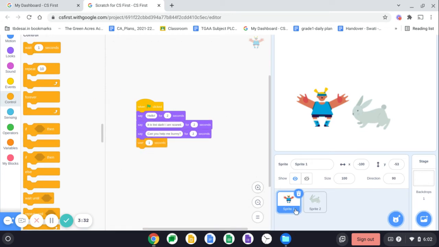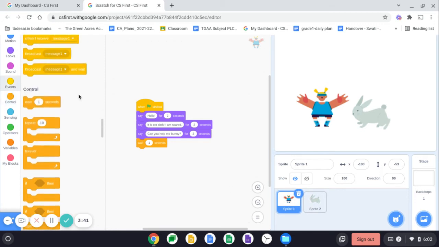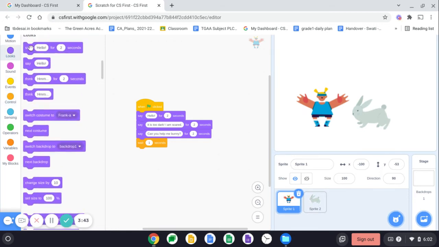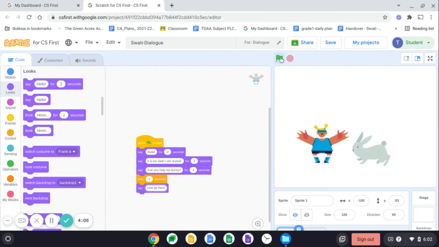So first of all, sprite 1 will talk, then the bunny will talk, which is my sprite 2, then again sprite 1 will talk. Now go to the looks menu and use the same block, or if you want to end the conversation over here, you can use this say hello and change this hello to let's go then. Now let us check what's happening. Click the flag and check. See, both are talking at the same time,